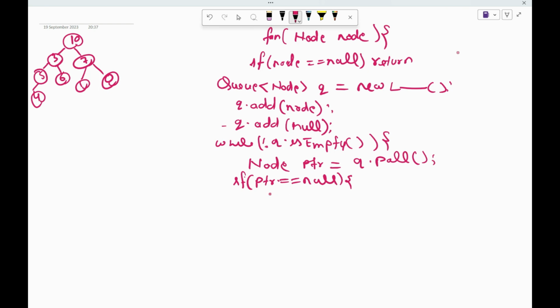What you have to do: sys out ln, and q dot add null again, क्योंकि हम सारे चेक कर चुके हैं इसके। मैं आपको बताऊंगा जब मैनुअल इटरेशन करेंगे। क्यू डॉट ऐड, हमें नल यहाँ पे ऐड कर देना है अगेन, क्योंकि ये लास्ट में ऐड होगा, ठीक है।